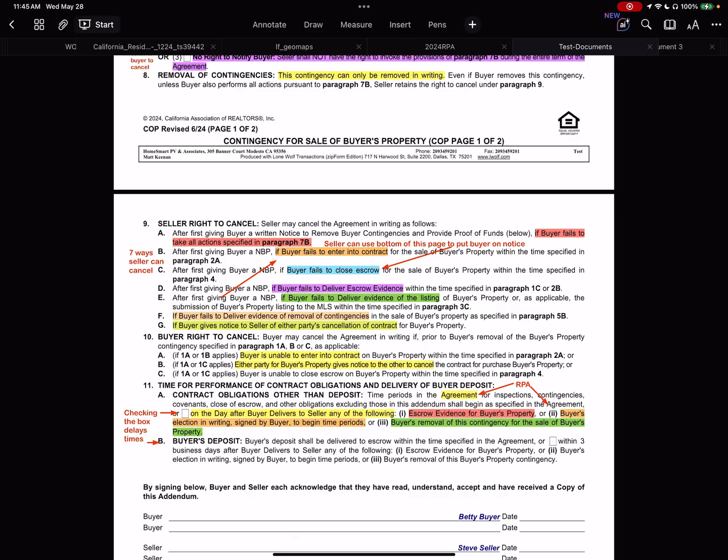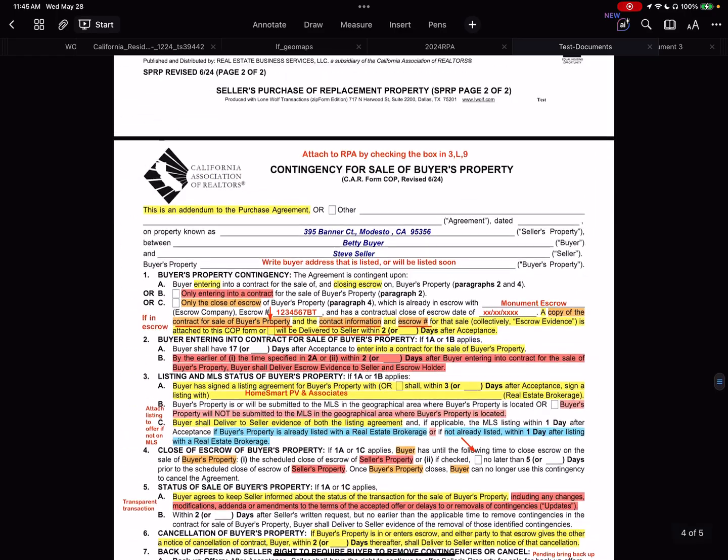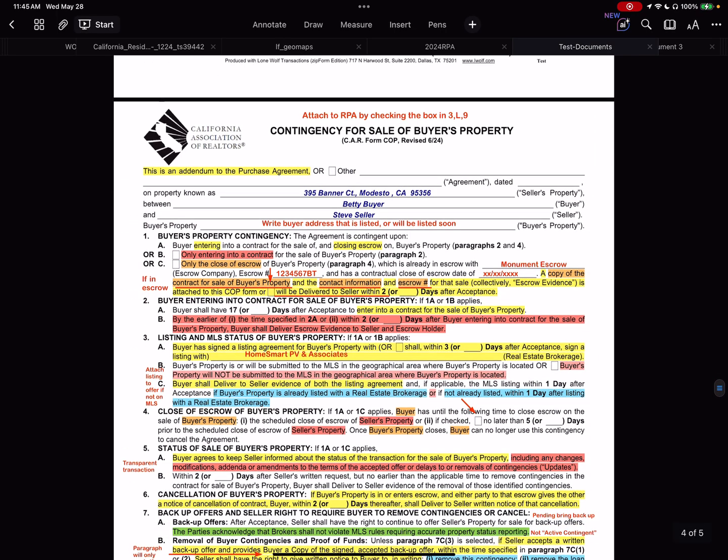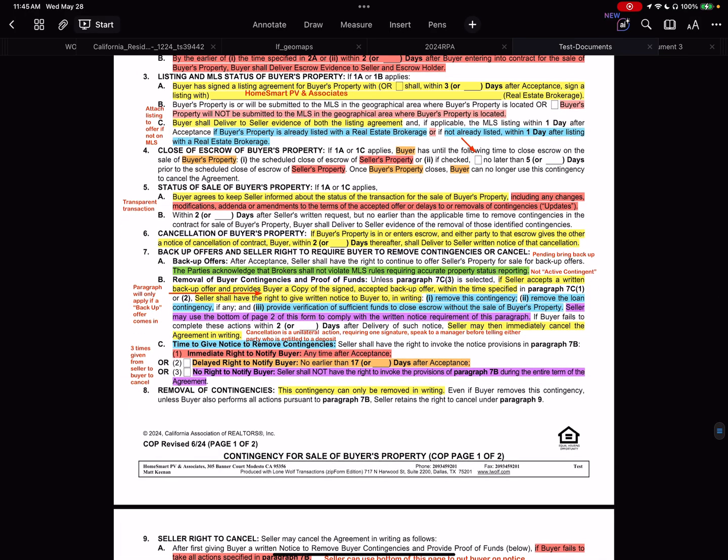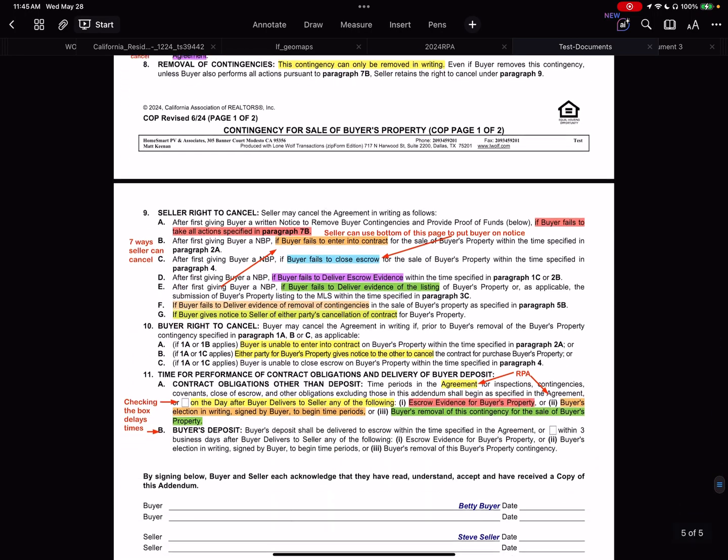We've already discussed the contingency form, meaning paragraphs 1 through 6 in previous videos: what happens when a buyer writes up an offer, entering into a contract, closing escrow, putting the home on the market, and keeping the property in the accurate listing status on the MLS. Then we went through paragraph 7, which discusses what if the seller gets a backup offer, the mechanics behind that. Those are in 2 previous videos. This is going to be a very quick, brief video.